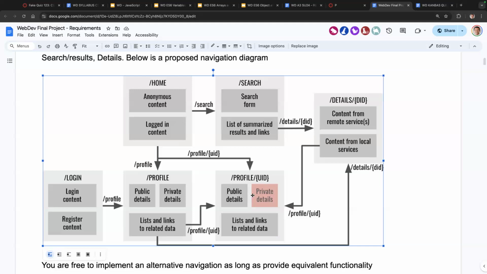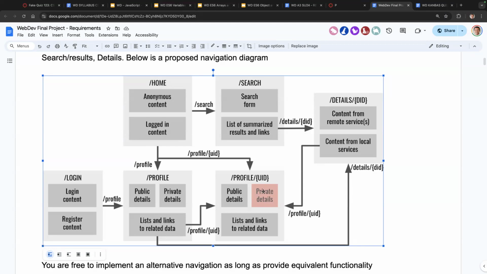Okay, so I'm now visiting someone else's profile. This is not my profile. Whether I'm logged in or not, I should be able to see somebody else's profile. I should only be able to see my own profile if I'm logged in. Obviously, if I'm not logged in, I can't see my profile because I don't know who you are. But whether I'm logged in or not, in both cases I should be able to see someone else's